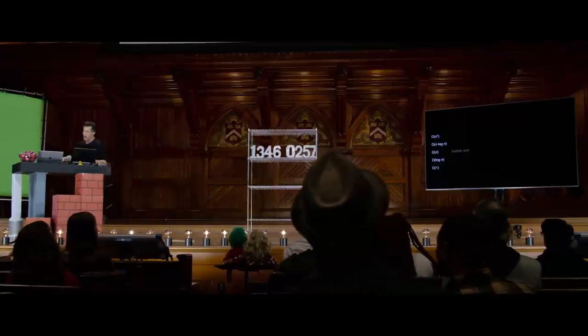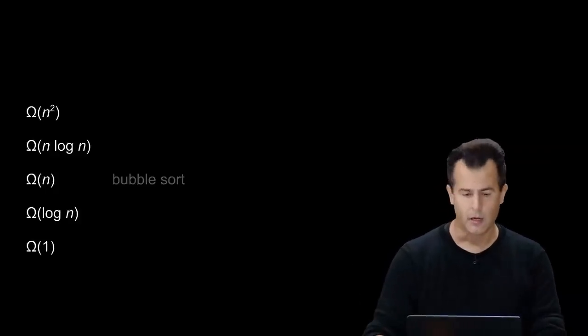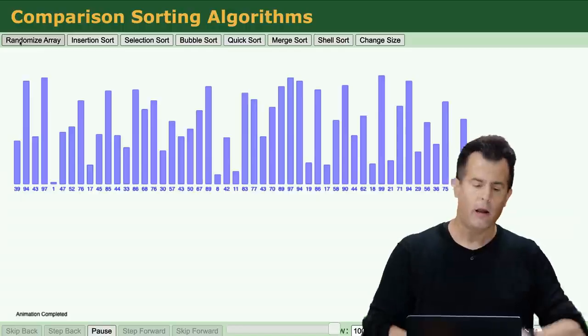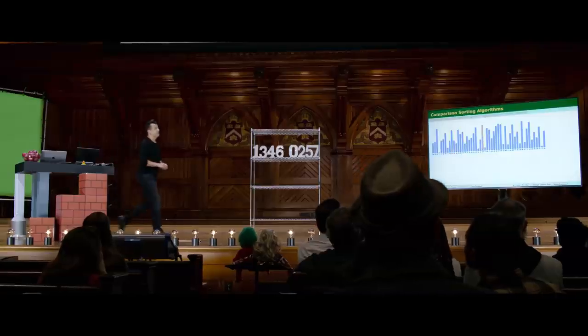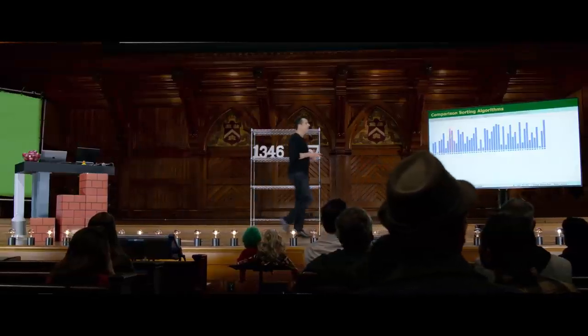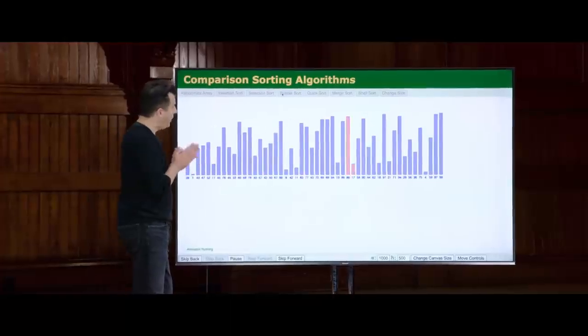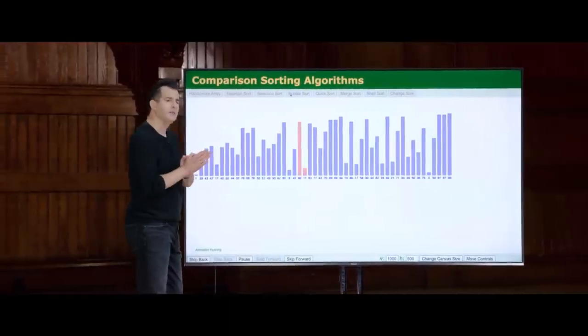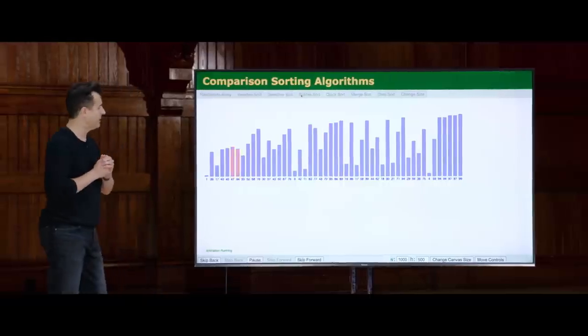Let's see how it actually plays out visually. Let me go ahead and go back to my visualization from before. I've re-randomized it. And I'm going to click bubble sort this time. And you'll see that it's going to solve the problem with fundamentally the same outcome. But notice that the work it's doing is a little different. The pink indicates now which two pairs of elements are being compared again and again.